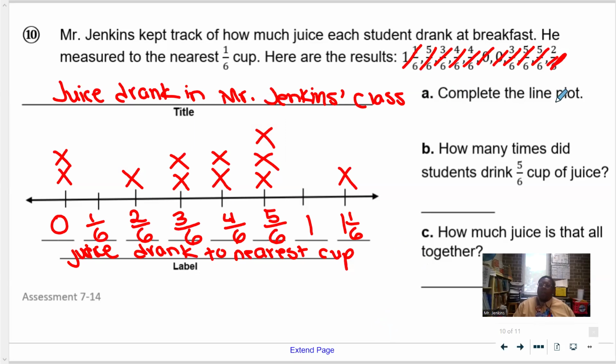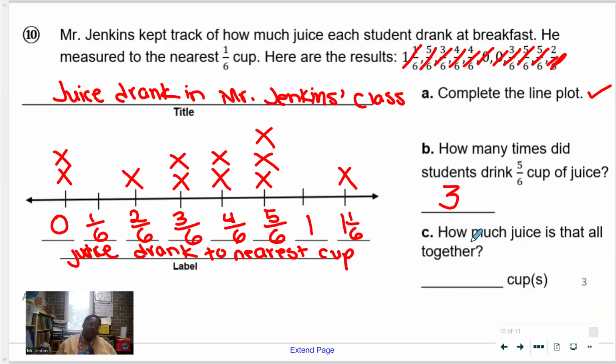So now that I have completed the line plot, that's done. It says how many times did students drink 5/6 cup of juice? Well, there are 3 X's or 3 times that 5/6 has come up. So that's 3. That is what we call the max. No, I'm sorry, that would be the, I don't know what you call that. So we've got 3 cups of juice, I forgot. Now it says how much juice is that all together? So we're going to look at 3 groups of 5/6. So I'm going to do 3